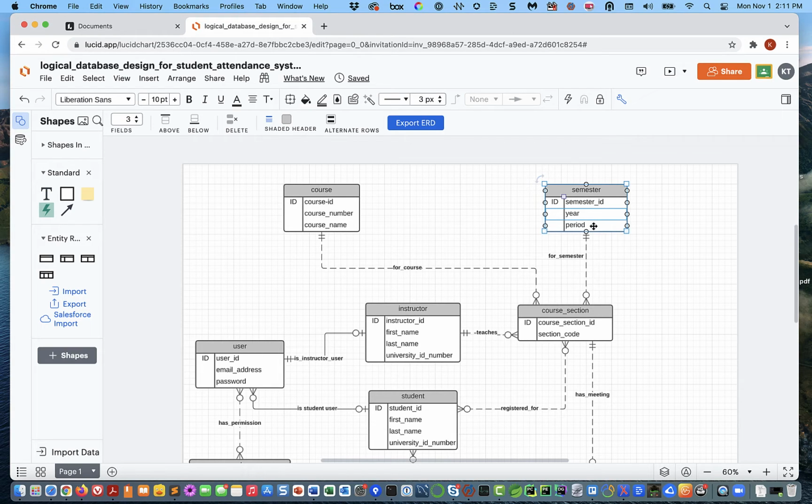But with a period, we could easily decide that instead of fall, it's going to be called autumn. And instead of winter, it's going to be called ski season. That's entirely possible. And that's where you really see that it's short sighted to code free-form text fields